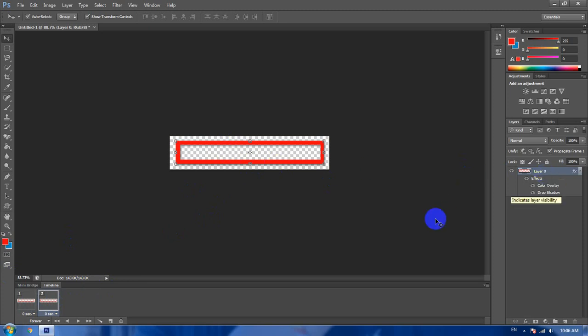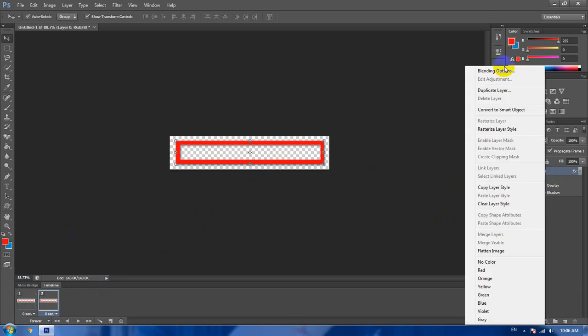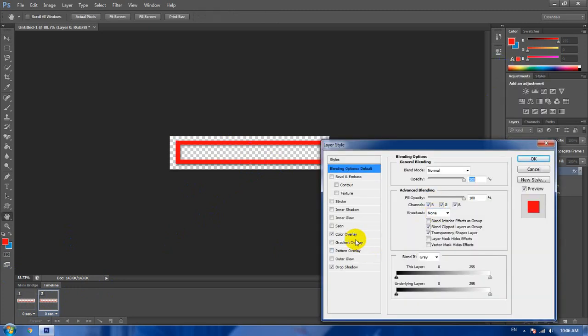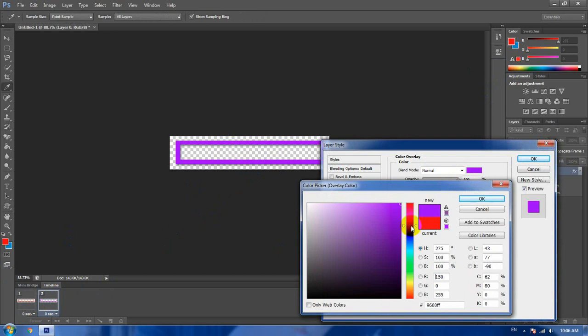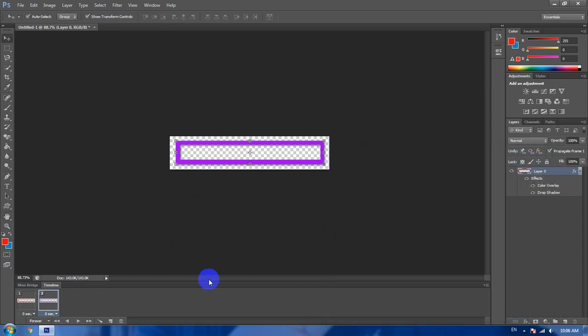But when you click on the 2 and change the color to purple or anything, and then click OK, it means 1 and 2 are different colors. When you click play, you will see the black and the purple changing from 1 to